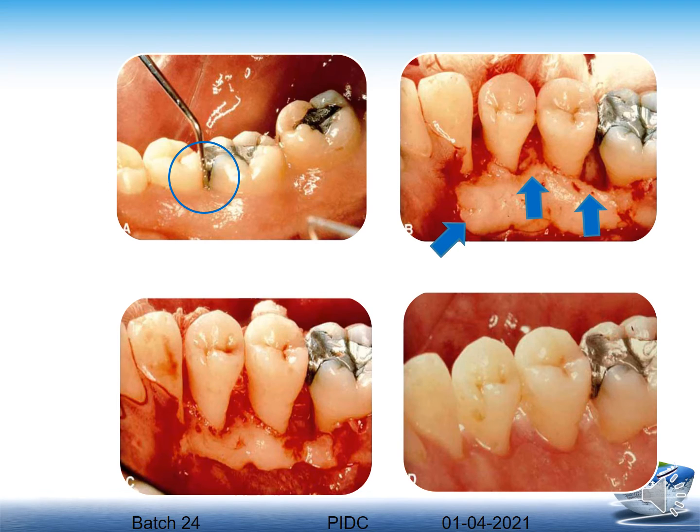Here you can see a case wherein you have a defect of around 6 mm, and when opened you could see irregular bony contours. These bony contours were adjusted by means of resective osseous surgery, and then you can see that it is being closed back. In this particular area where initially there was a pocket present, after the bone contouring is done, the gingiva has fallen back, and this is made self-cleansable for the patient.